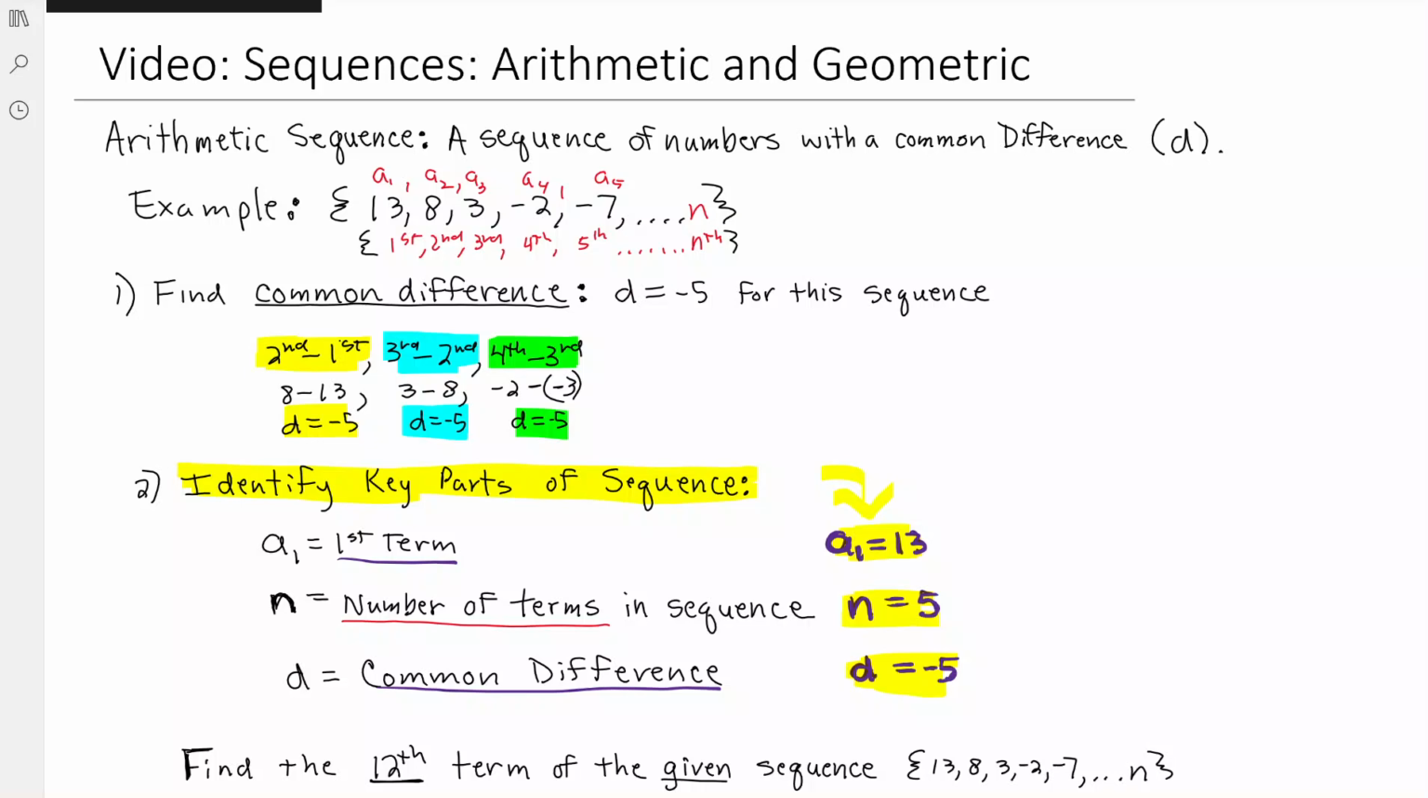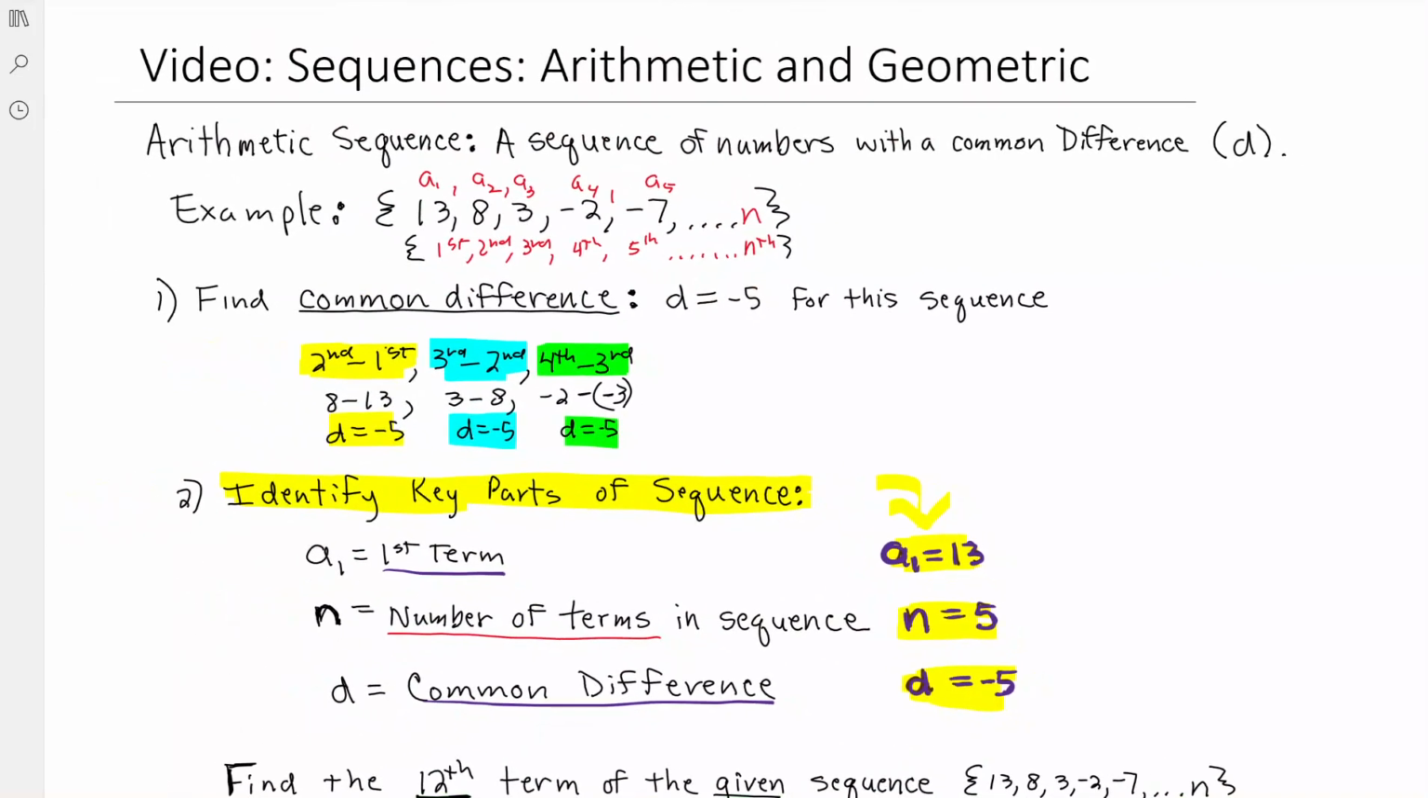Okay, I'm going to try to keep this video pretty brief. Quick reminder of what arithmetic and geometric sequences are. So an arithmetic sequence is just a sequence of numbers that have a common difference, which means that here's your